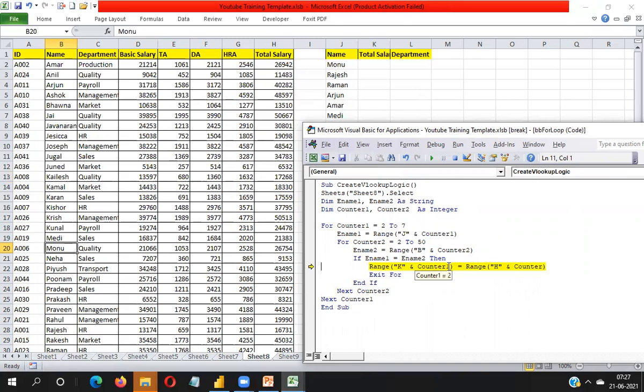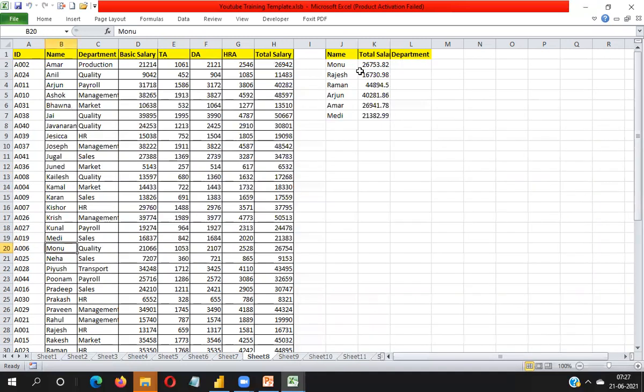Oh, again I have applied the wrong variable. So here you need to take counter 2. You can see here data is available for multiple. Now I'm running this complete loop. Okay, F5. You can see here data for total salary is extracted.